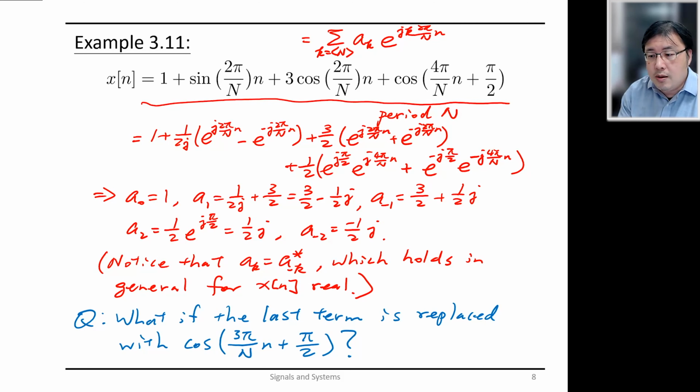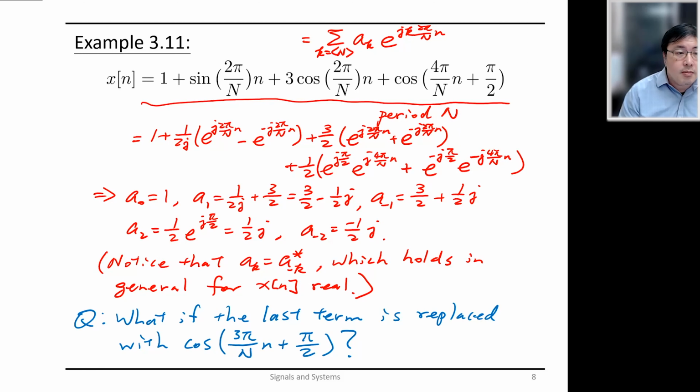cosine，它的周期是不一样的话，那你就必须要去找到它的共同周期。然后你的 Fourier series representation 就应该以那个共同周期，也就是 xn 的周期去表示。所以大家回去练习看看。好，谢谢。